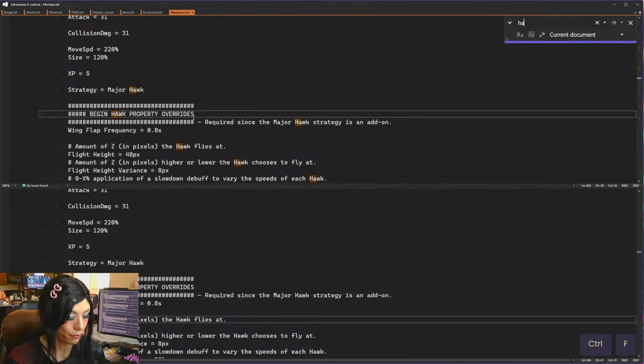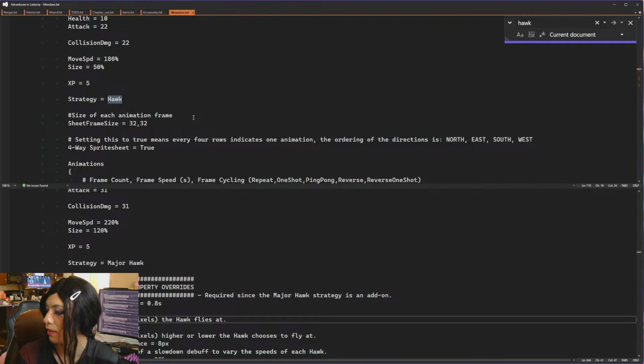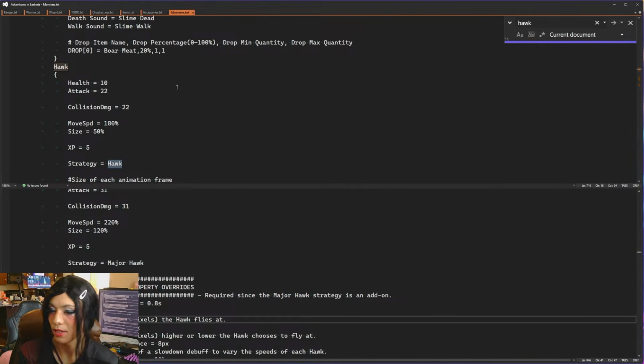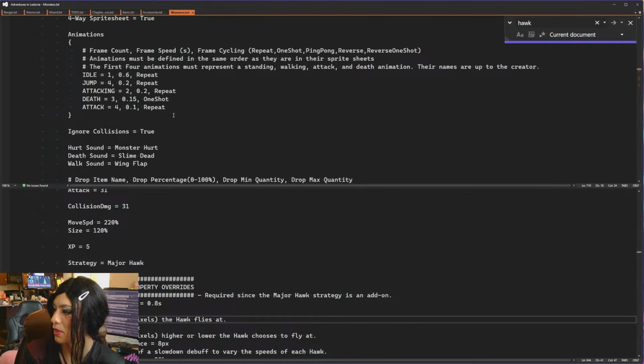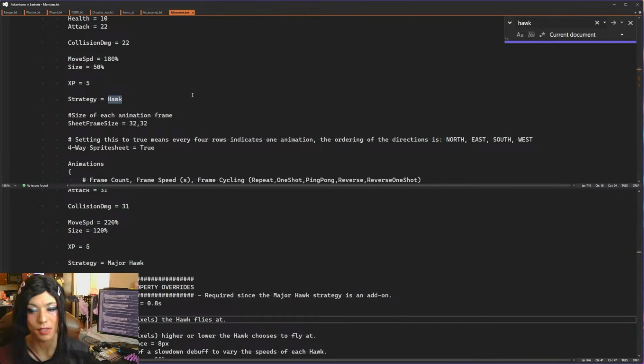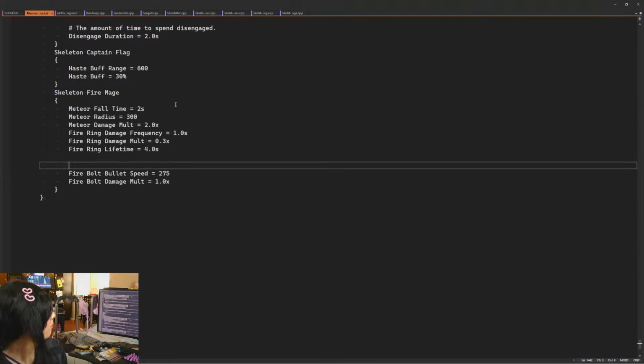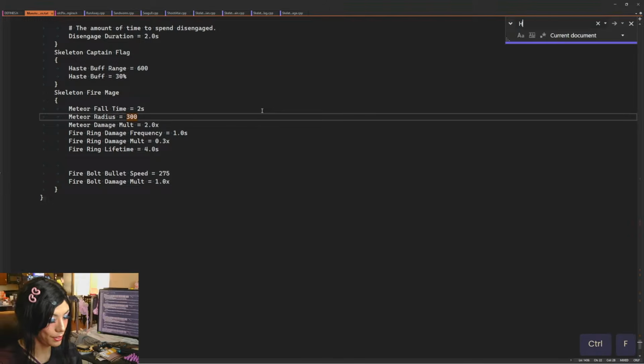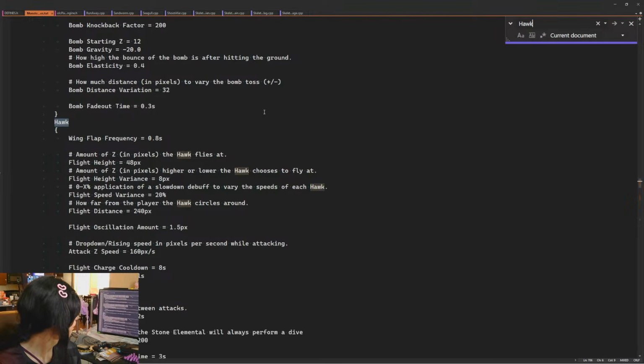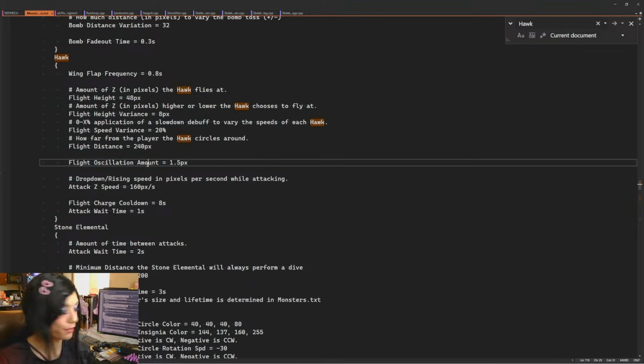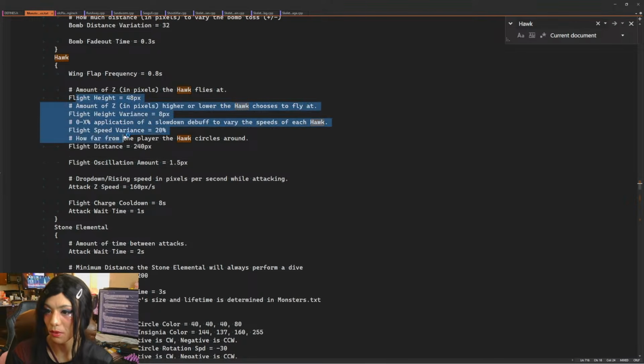So if I go looking for just hawk, you can see here the hawk strategy also uses, well, actually I have to go to the strategies file. Right here. The hawk strategy file uses its own overrides.